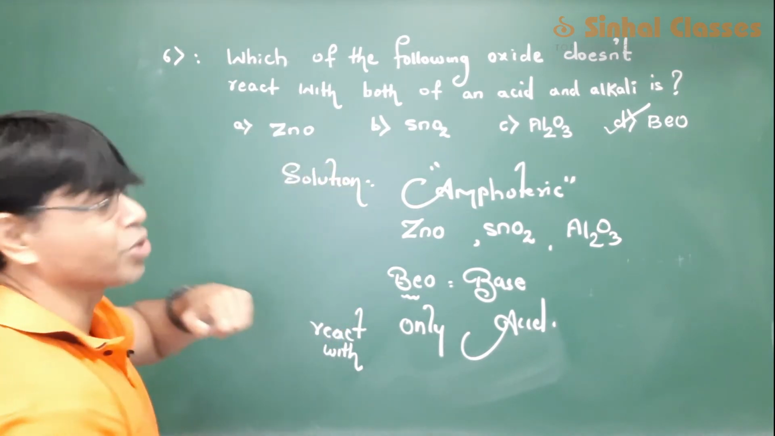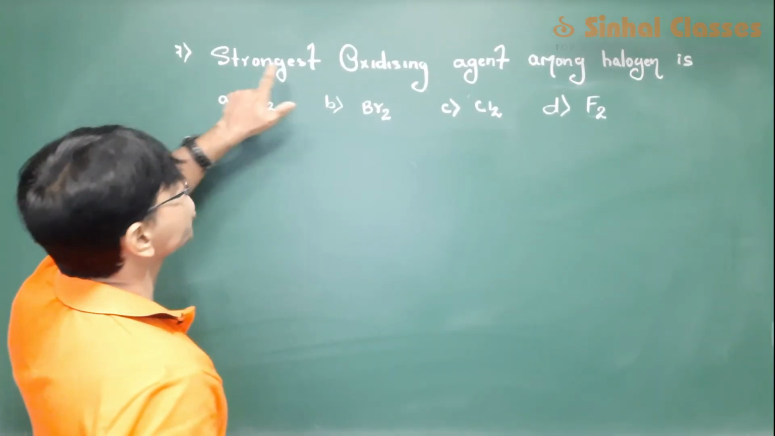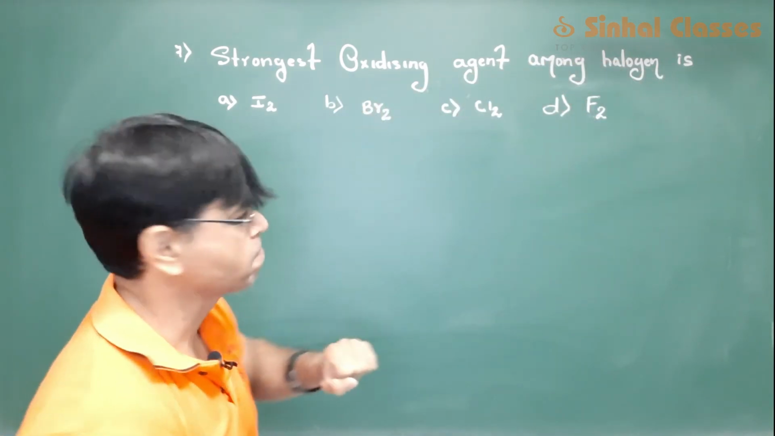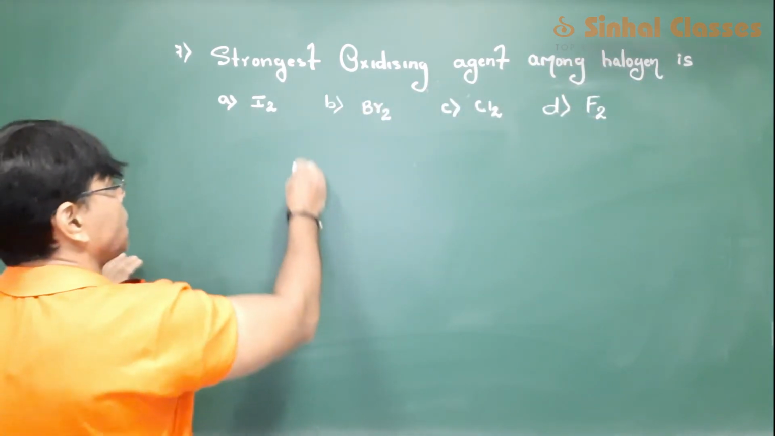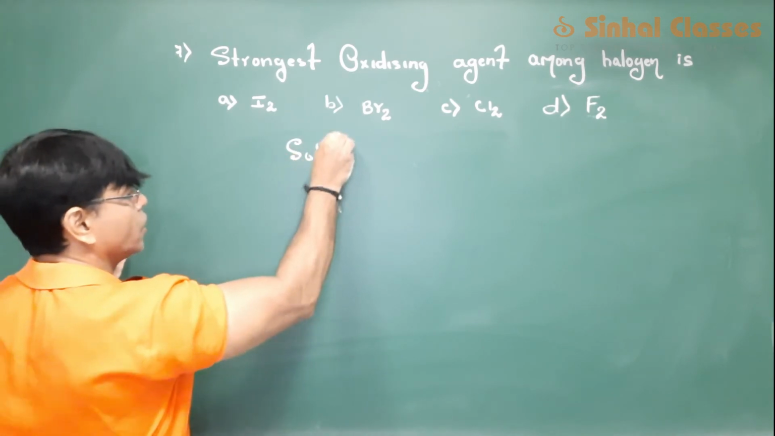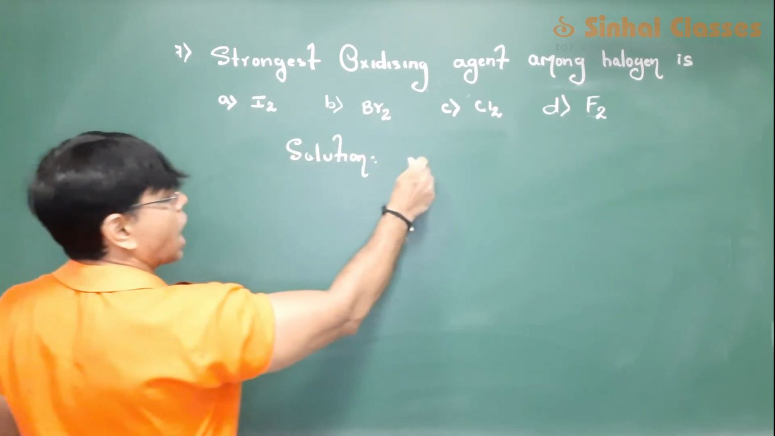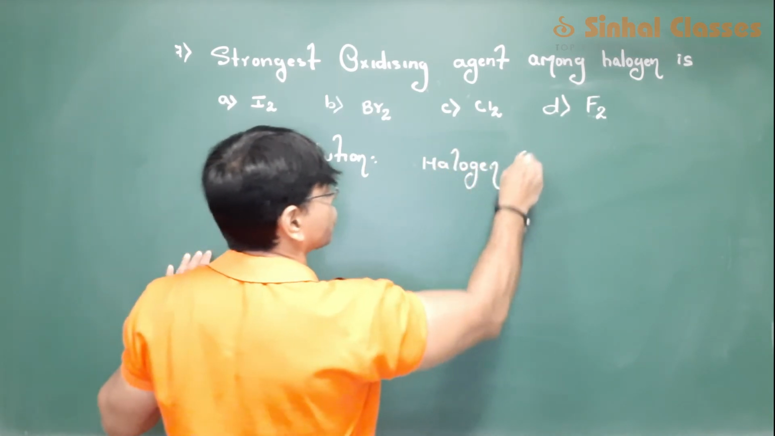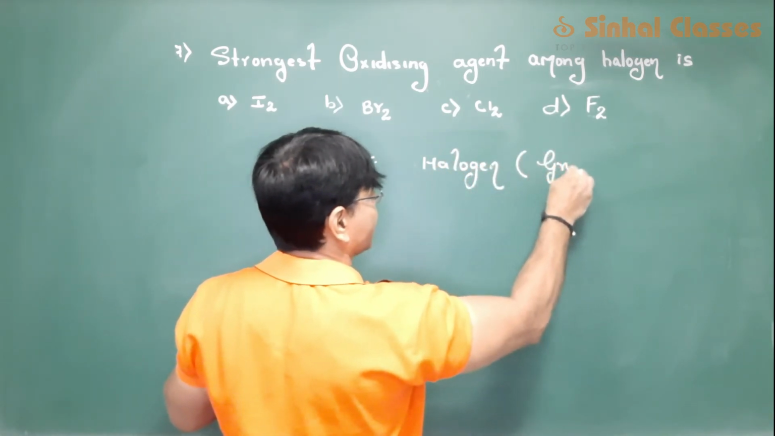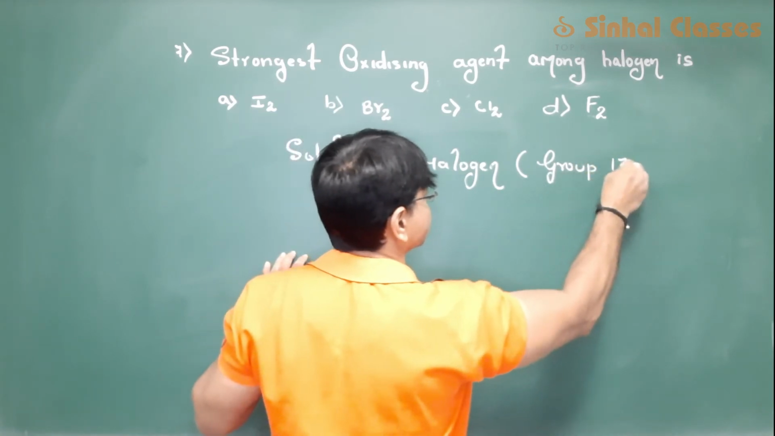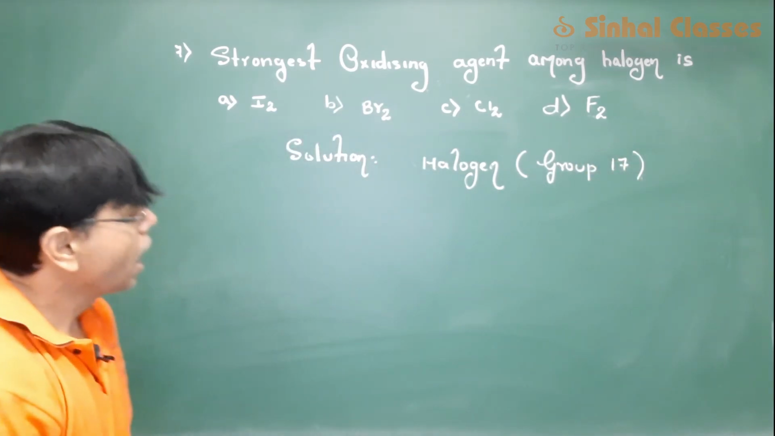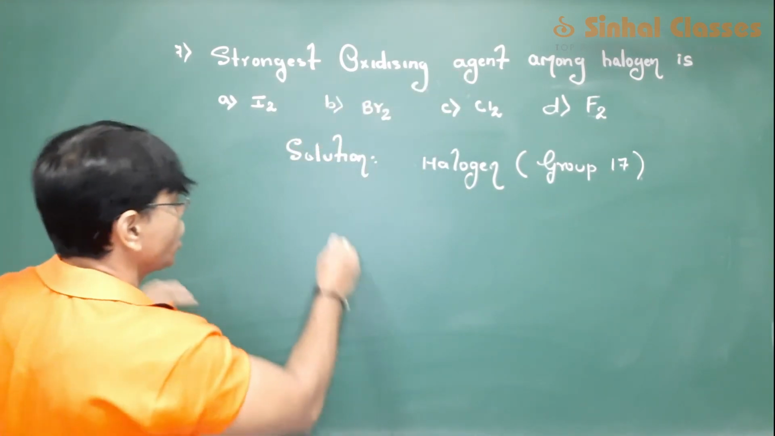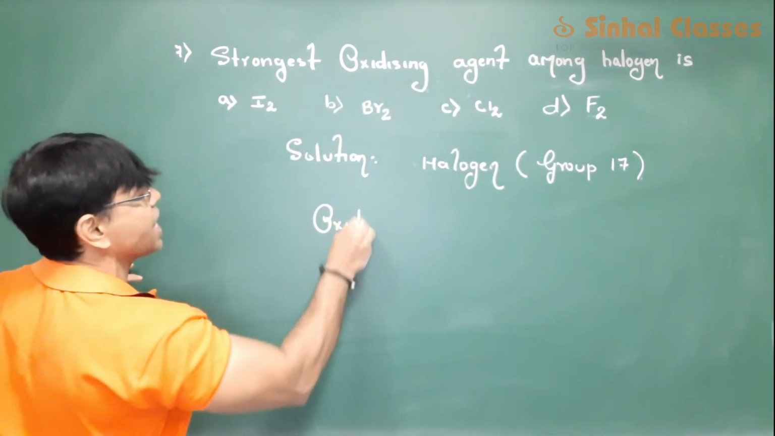So we go for the next question now. The strongest oxidizing agent among halogen is. Now we all know halogen belongs to group 17. And they are asking us which is the most powerful oxidizing agent. You know, oxidizing agent,